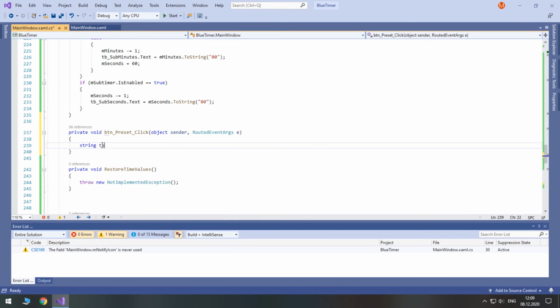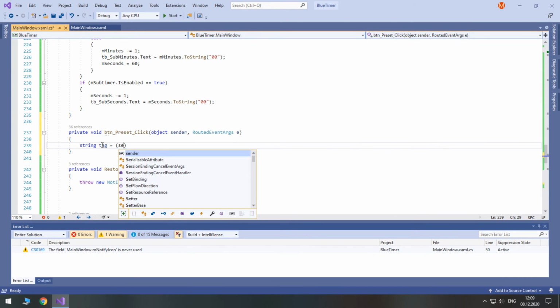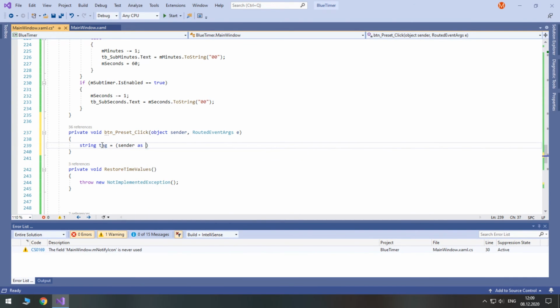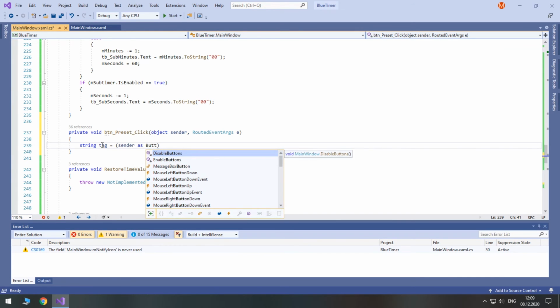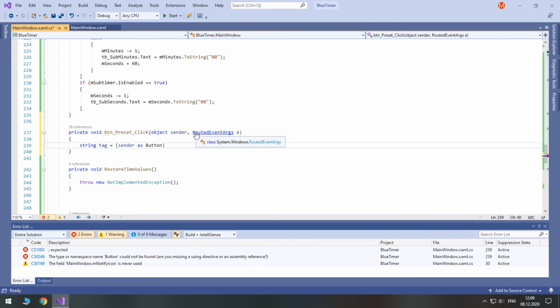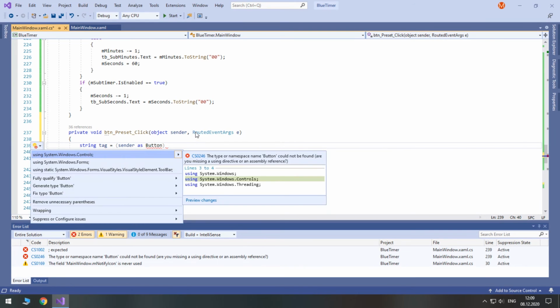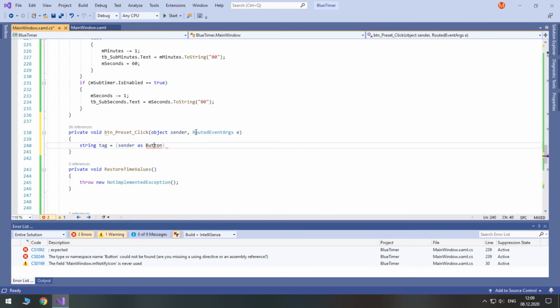We will access the sender as a button and convert its tag to string.